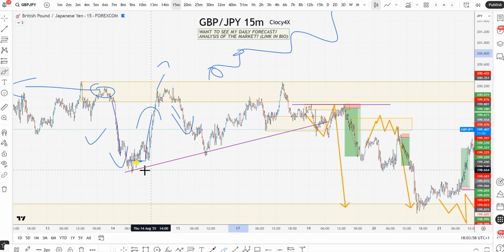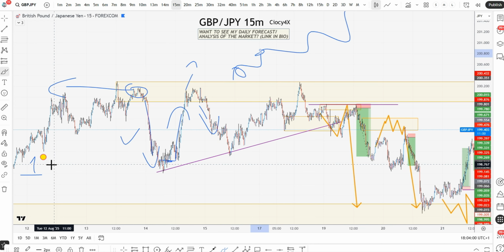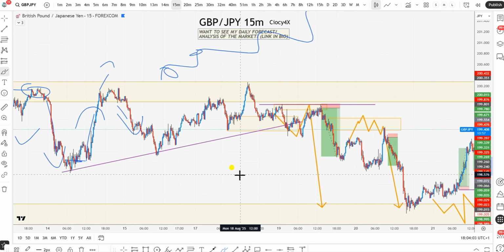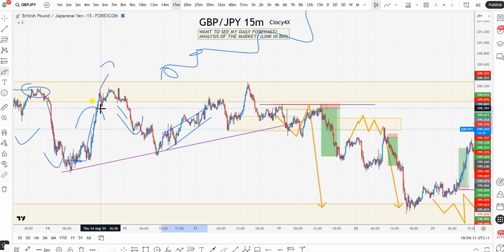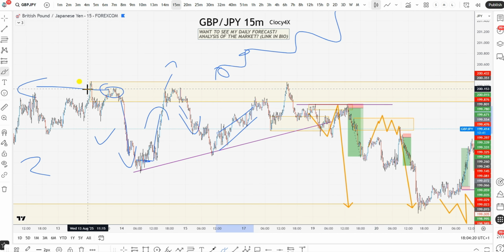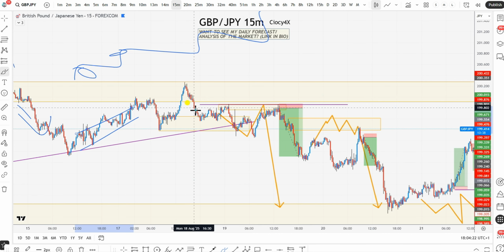Now, look at this. So let me just write down this one. Fine, 2. And look at this. At this level, buyers are no longer stronger. They are not strong. They're losing momentum. Look at the way price pushed away from here. Look at here. It's so crazy slow, right? And again, they drop. They try one more time, but they fail to break the supply. And the next thing you know, they started dropping.